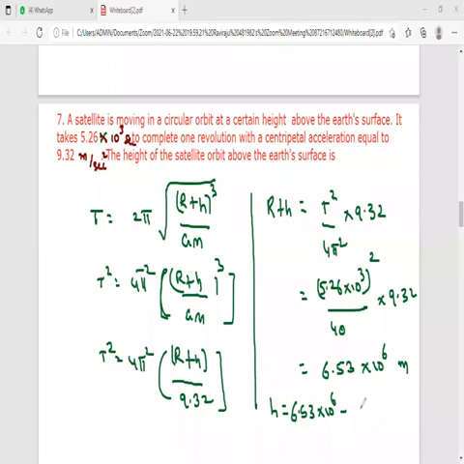is given here, that is 6,400 kilometers approximately, right? But it is given in the question that it is 6.37 into 10 power 6 meters. So 6.53 minus 6.37, how much it will be? 0.16 only. 0.16 into 10 power 6 meters. It was in meters only. If you want to convert it to kilometers, that will be 160 kilometers. And its height will be 160 kilometers only.